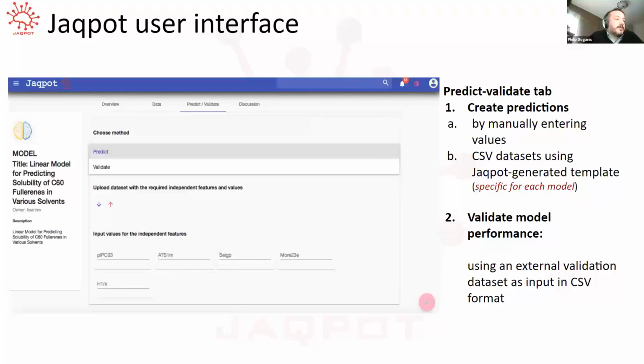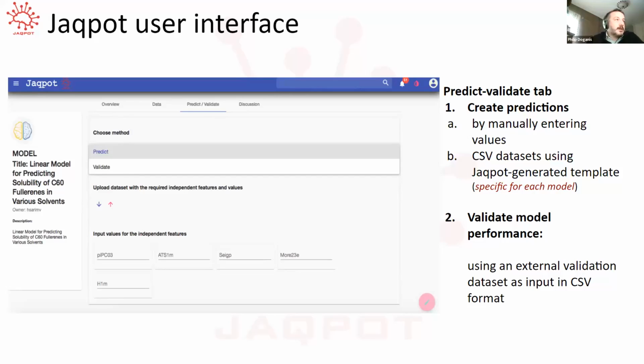This is what the user interface of a model looks like when, of course, it is directed to a human user. We'll see how machine-to-machine interface and integration can occur. This is the Predict Validate tab that we're looking at, where one can choose to create predictions, as we see on the right, either by manually entering the values, which is possible in the boxes at the bottom of the screenshot, or by uploading CSV